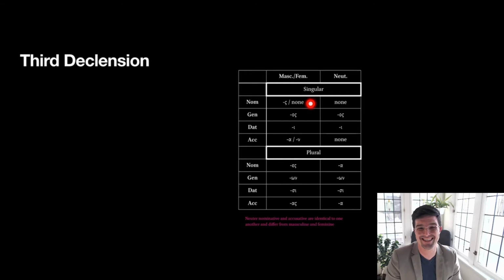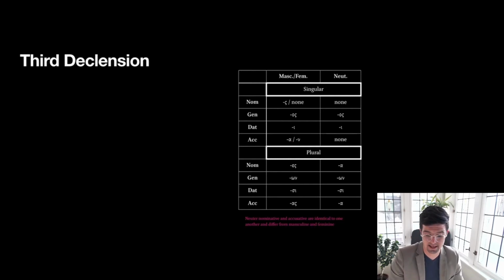It won't add anything at all to the stem. And then the other alternate ending, or the different way that a third declension noun is formed, is with a nu in the accusative singular or with an alpha. So two different forms of the accusative singular, either ending in alpha or ending in nu. And notice here,